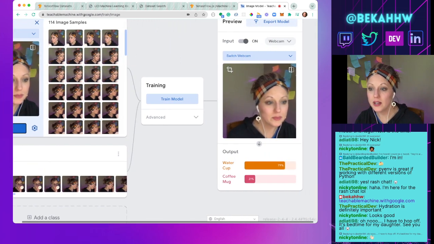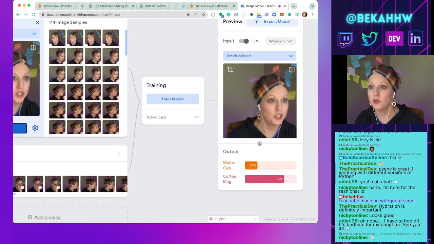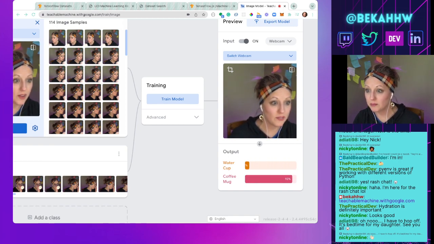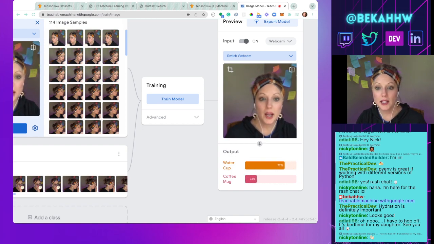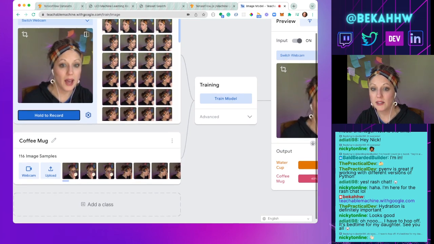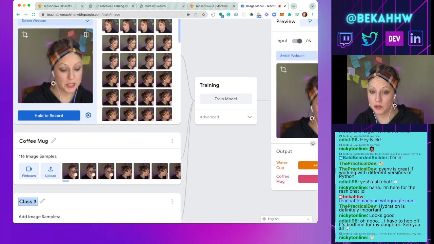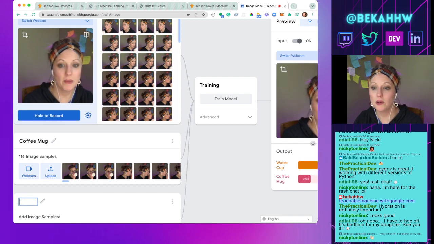it there. Now, you'll notice that nothing here is really going to change because we still need to retrain the model. And that's totally fine. But it seems like maybe what we should do is add another class of maybe a no drink class. Well, wait a minute. Before we do that,